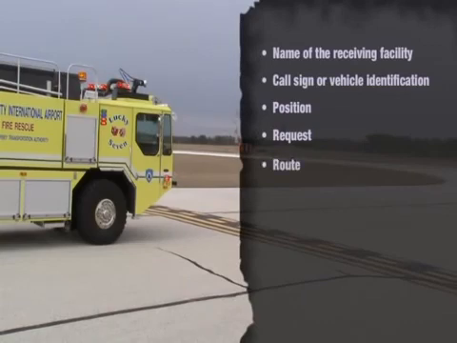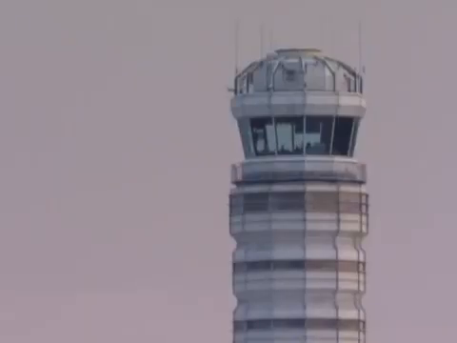Washington Ground, this is ARF2 on taxiway Charlie, holding short of runway 31. Request permission to cross 31 and proceed inbound on Charlie to the south ramp. If air traffic control approves your request and route, they will reply with proceed as requested. The controller may also provide specific instructions to change the requested route. ARF2, proceed as requested. Cross runway 31 on Charlie inbound.